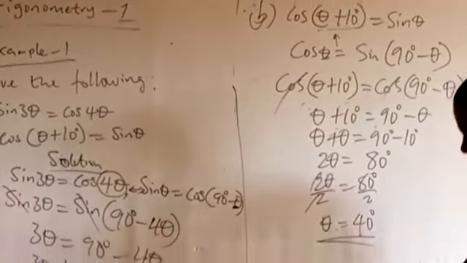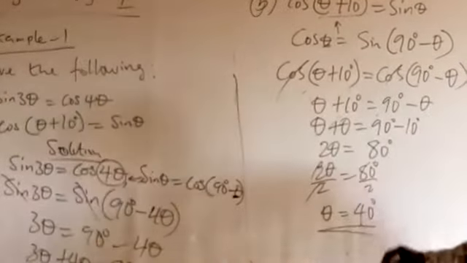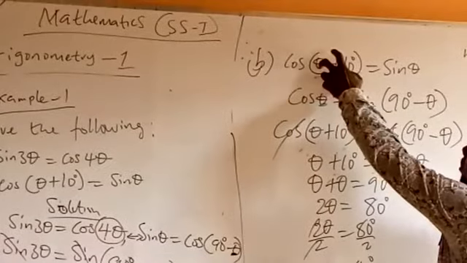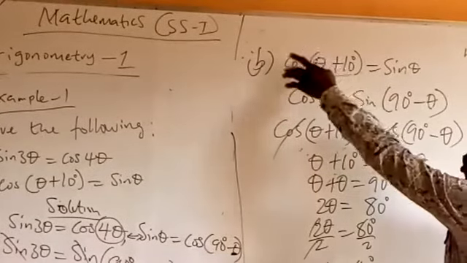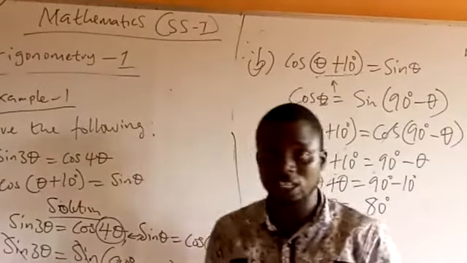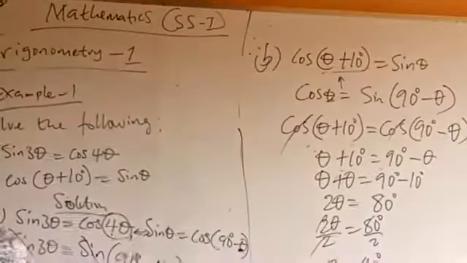So please, after getting your theta, try to substitute back into the equation. If you put theta here, 40 plus 10 gives you 50. The other here is 40. So cos 50 and sine 40, they are the same thing. That's how to check if your answer is correct. So please go and practice